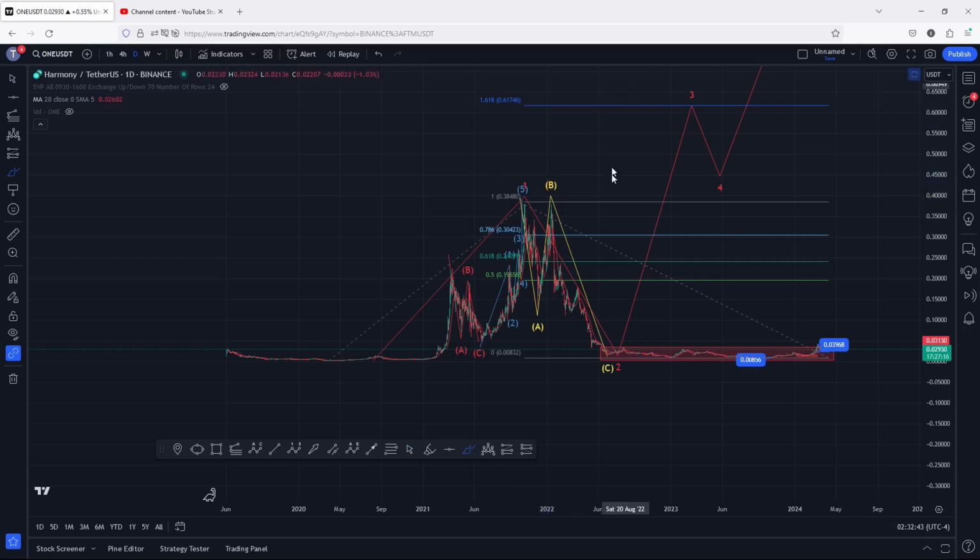Then we started a bear market where we had been seeing our prices in the formation of a larger Elliott wave count 2. And in the formation of this wave 2, we have also seen much of a 1-year consolidation within this range that I have down here. And the moment we see a breakout of this consolidation range,